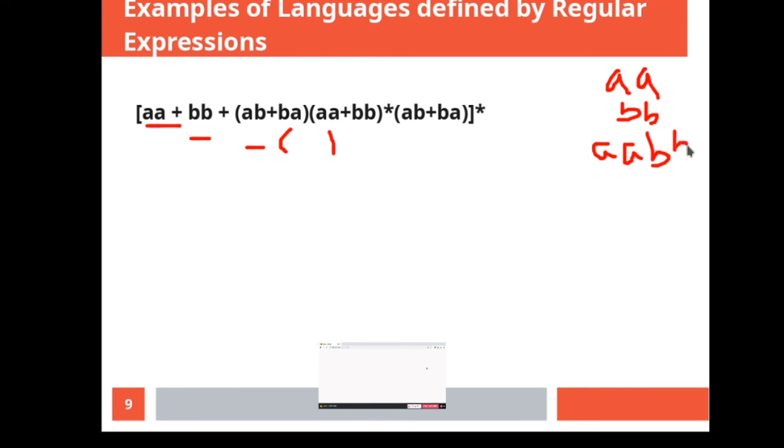So you always have A's and B's in even clumps. So even clumps of either A's or B's. Here also, if you had chosen A's, it was an even number of A's, and an even number of B's. If you didn't choose anything, it still remains even, because 0 is also an even number.